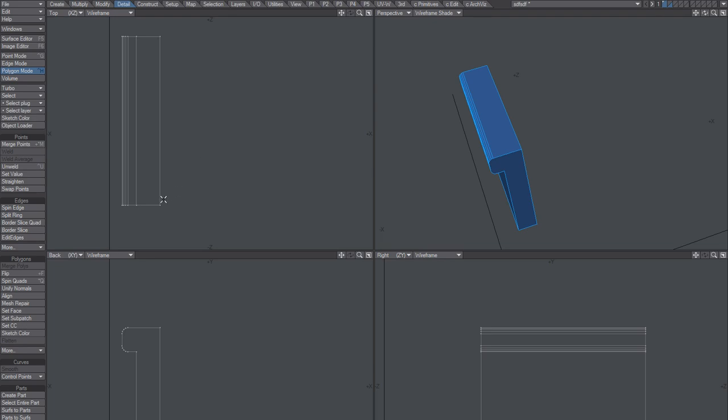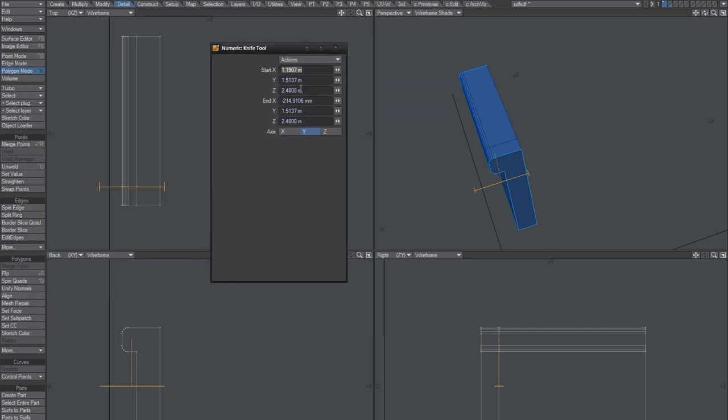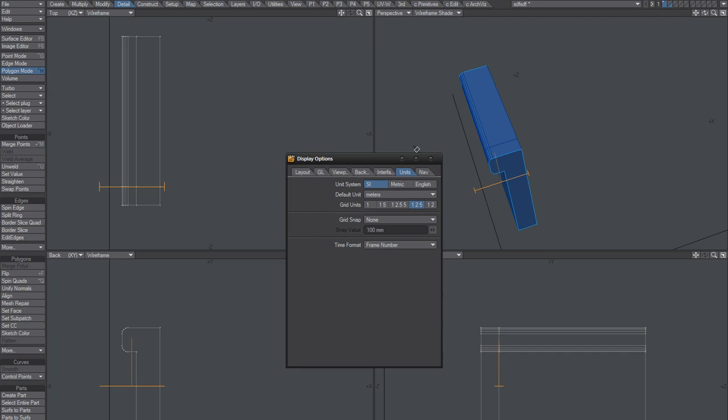Revisiting this scene, back then I said that you can't make the knife tool snap to 45 degrees, which is kind of true. I really wish it did though. Anyway, what I guess I forgot is that you can set it to fixed, let's say 0.1 meter, and what I can do then is I can